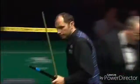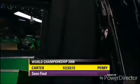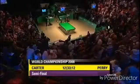Perry was heading for a 13-10 lead. Missed an easy ball, and Carter going for his shots. Won that frame and the last to level at 12-all going into this evening's final session. Steve, is there any chance